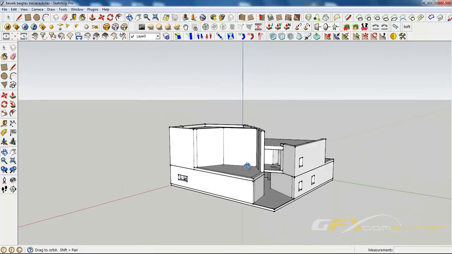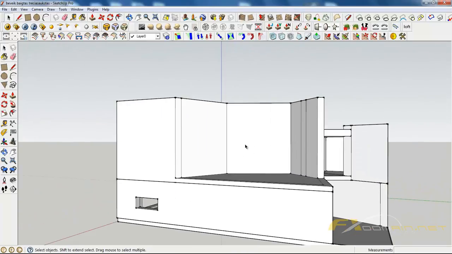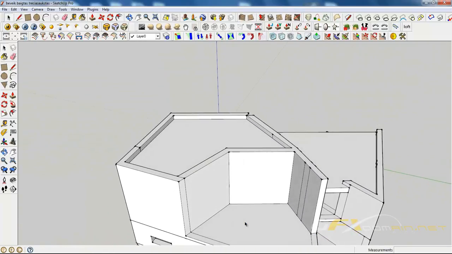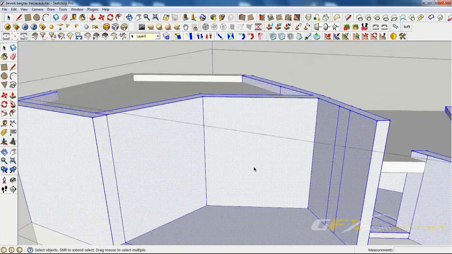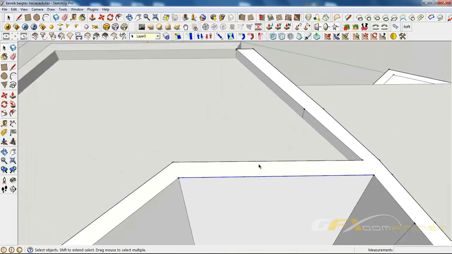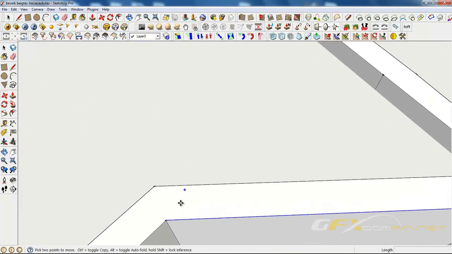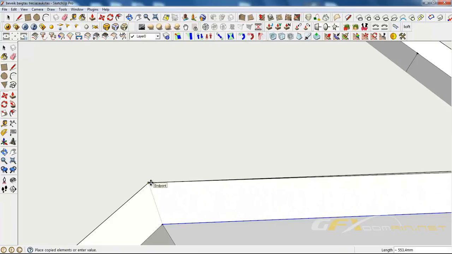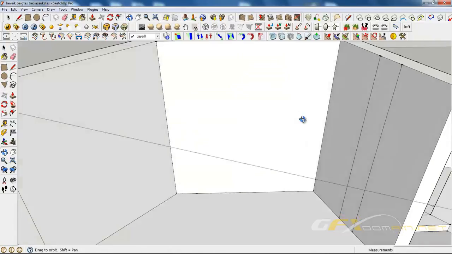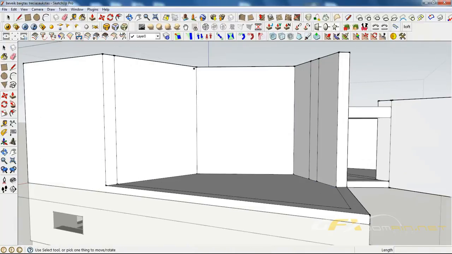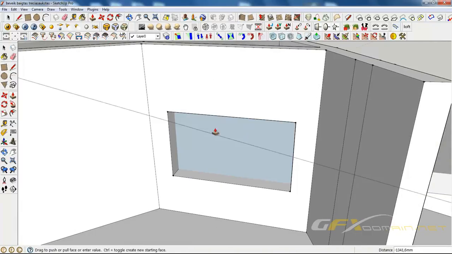Yeah, it's okay. We also need some window openings in the second floor. And as I can remember, these lines are not parallel. Let's check it. Yeah, you can see we have these lines not parallel, and we will have a problem while pushing. I will show you. Yeah, you can see we cannot create an opening. So Control C, Control V,